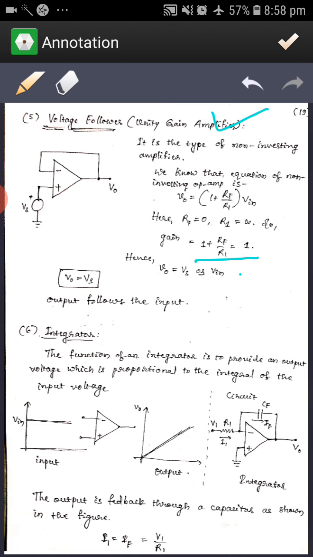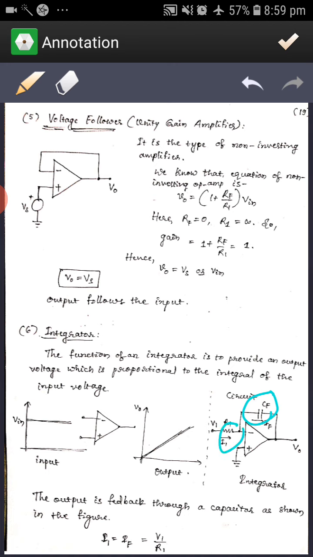Similarly, another application is that the op amp will act as an integrator. Whatever the output of the op amp is, it is an integral function of the input voltage. If you apply a signal like DC, we will get the integrated output of the input. That is achieved by using RC components, with a capacitor as the feedback component and a resistance at the input.